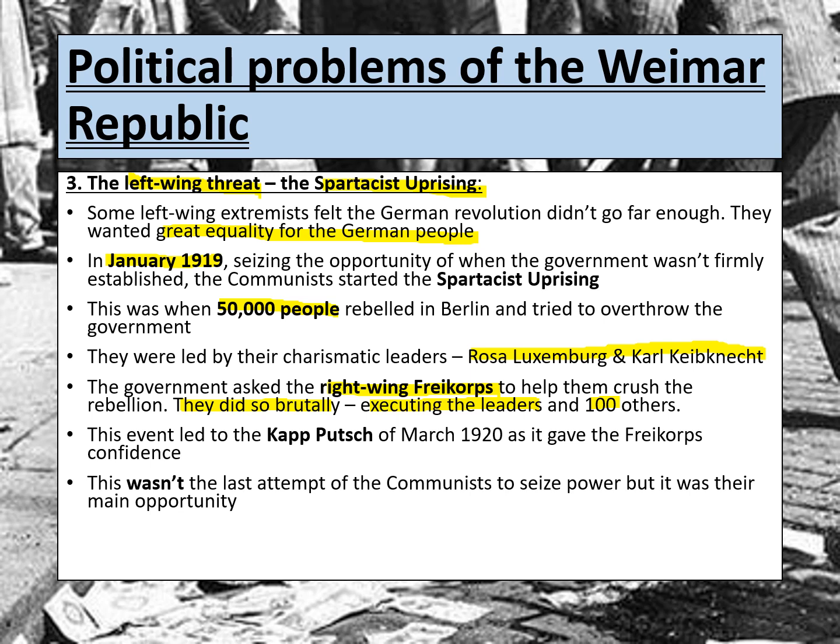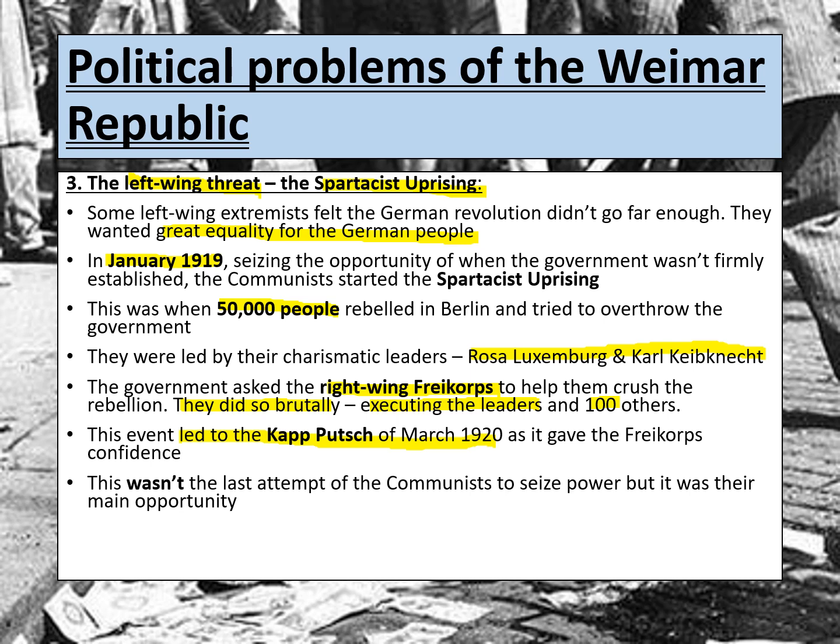But one of the most important things that comes out of this is the impact on the Freikorps, because after this, the Freikorps felt really powerful. It gave them confidence to take on the government themselves, and that is what led to the Kapp Putsch in March 1920. Because the Freikorps had realised that the government weren't capable of crushing the left-wing threat, and so they hoped it meant that the government wouldn't be able to crush them either.